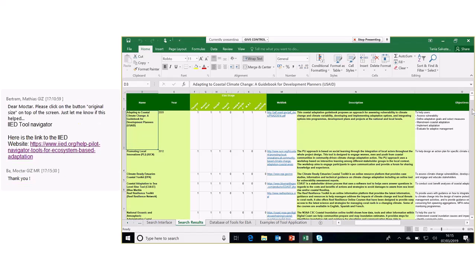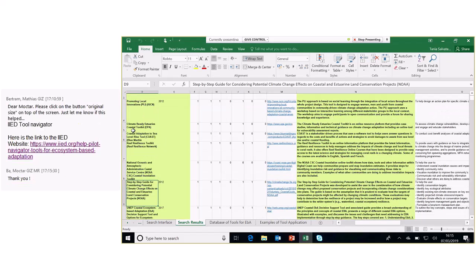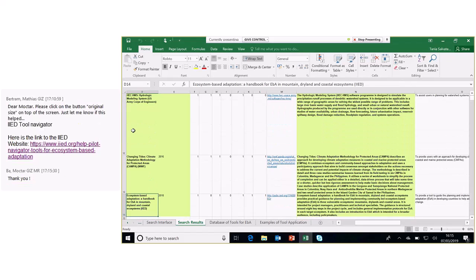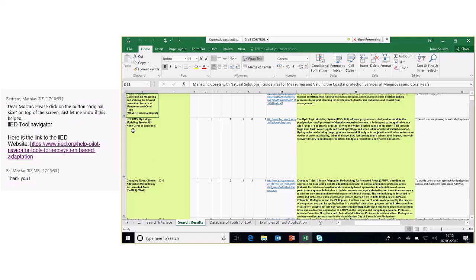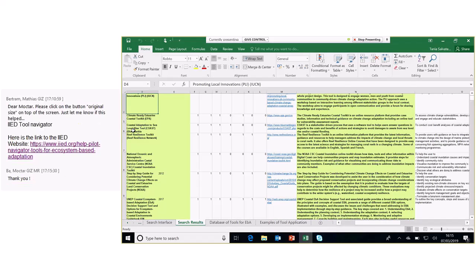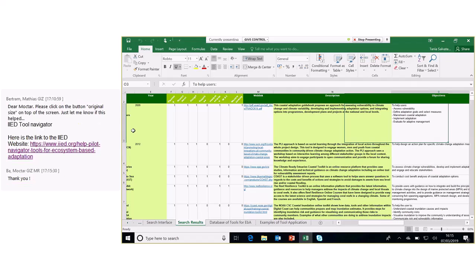The results with tools matching your search criteria will appear automatically in the Search Results tab. So you see in this case, we have quite a few tools that are relevant for us to use. So you can just go through each of the lines and find a bit more detail about each of the tools.